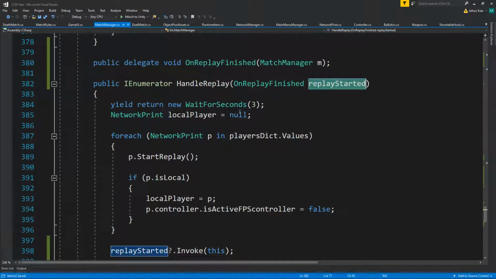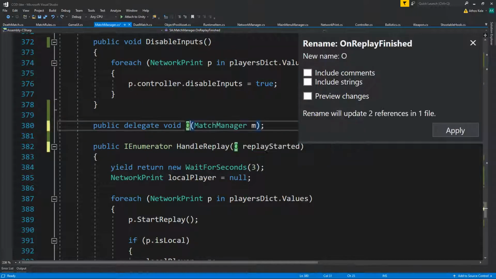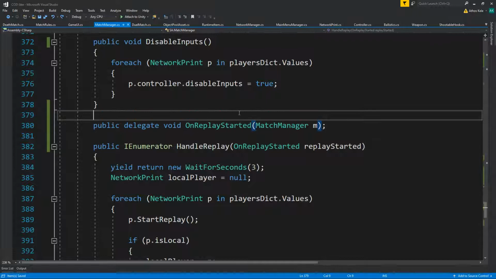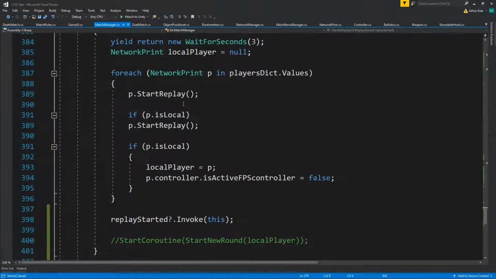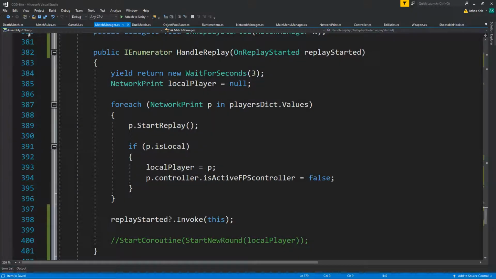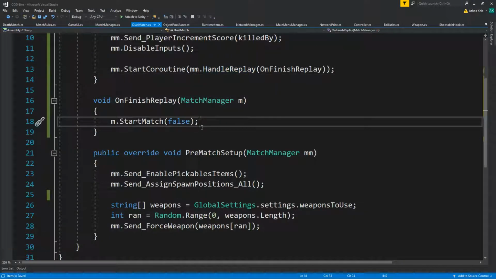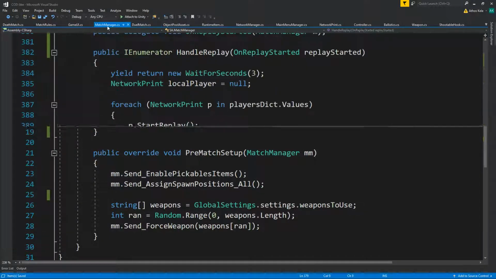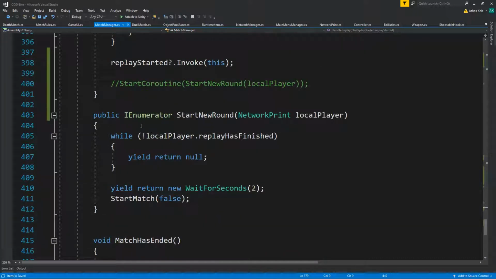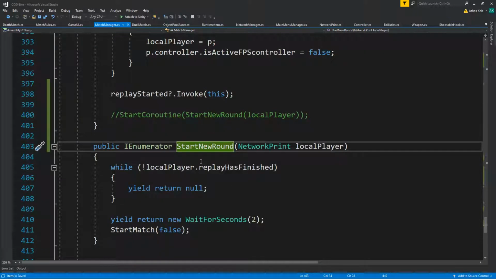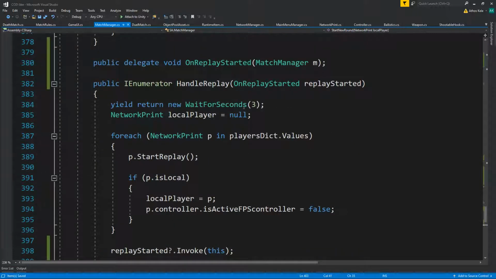Okay, so on replay started, then on the duel match, on finish replay, we still need to be checking if that replay has finished, and then that will mean we will need another,